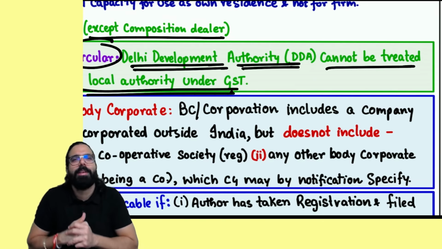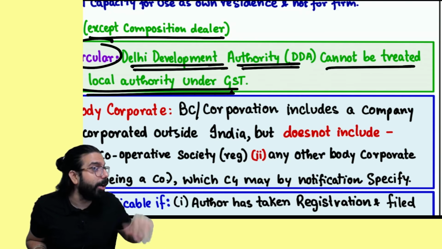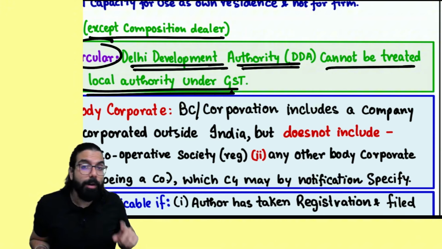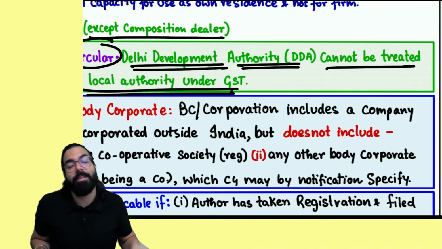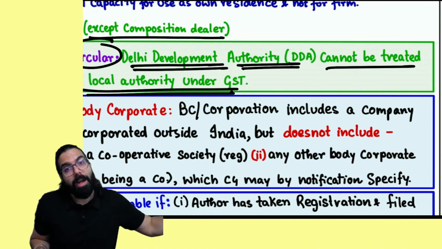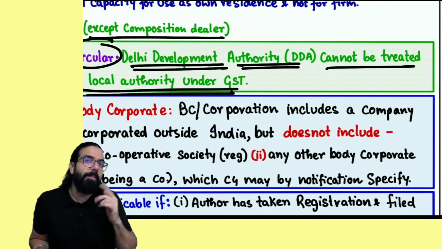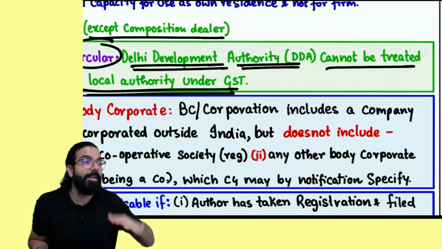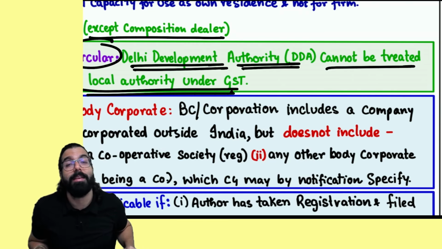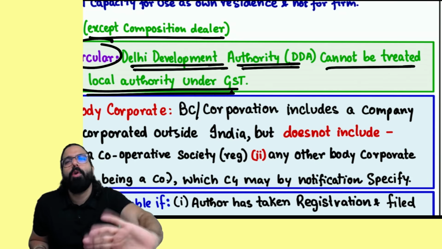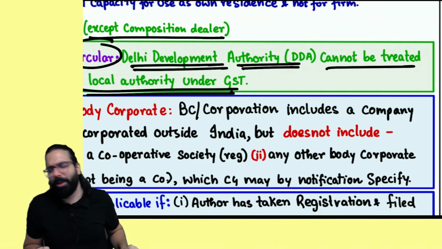And hence, you tell me one thing. If Delhi Development Authority does anything which is told under 243W, it will not be neither supply of goods nor supply of service. It will simply come under taxation, everyone. Remember one thing, they are not a local authority. If BBMP, our local authority, is doing a 243W activity, then it is neither supply of goods nor supply of service. But Delhi Development Authority and Bangalore Development Authority are not local authorities. Remember this point from the exam point of view.